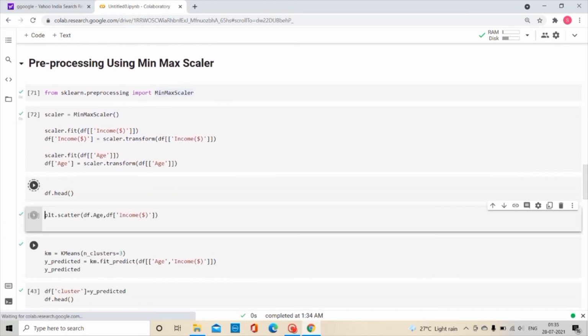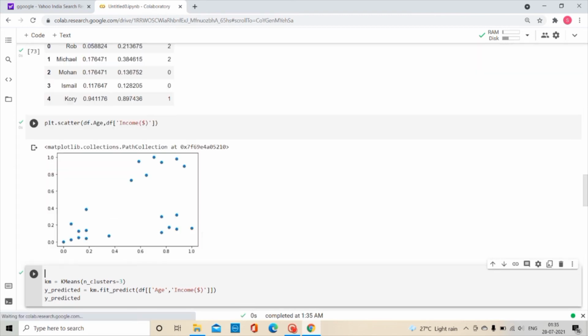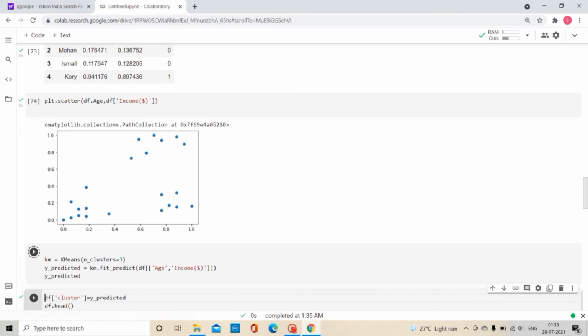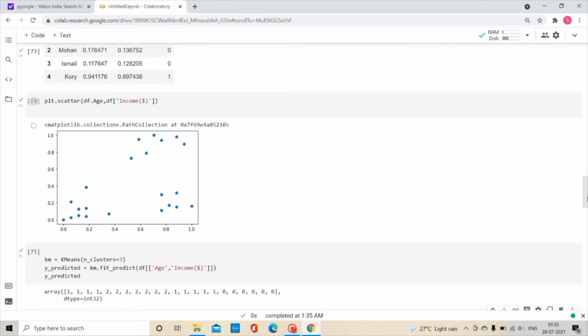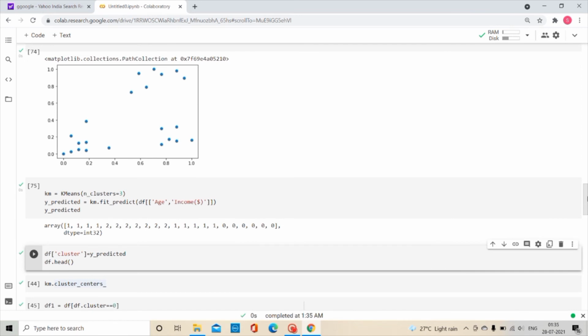And now we will use df.head to get the first 5 rows, and plt.scatter is describing our age values and income. You can see that we have got the result, and we will use the k-means clustering algorithm again, like we have done before. The same process is going to take place here.